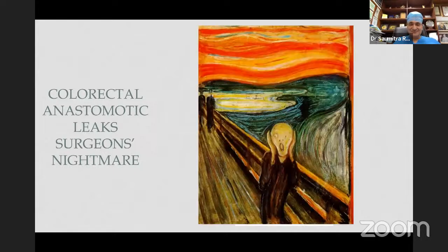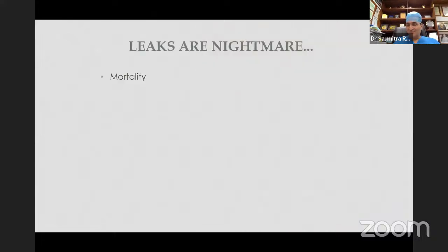For any surgeon doing colorectal surgery, the anastomosis is the one which causes all the problems, because patient mortality increases, morbidity increases, the patient will require a reoperation, and patient relatives, especially when you are working in the private sector, will be paying more and will be asking too many questions,